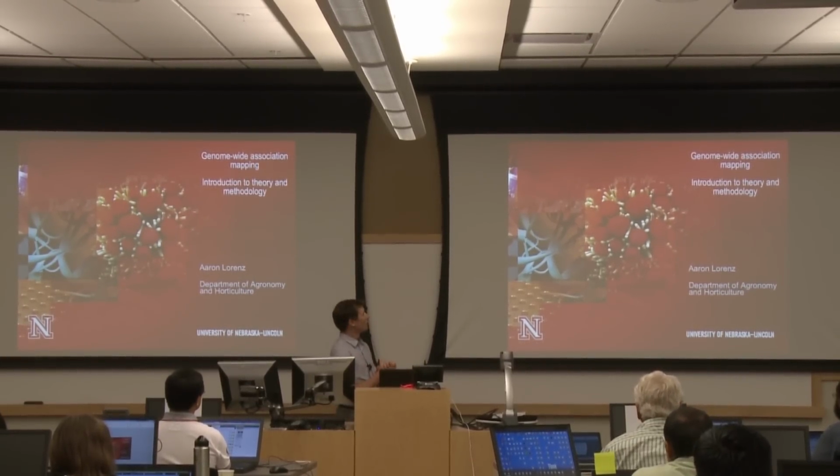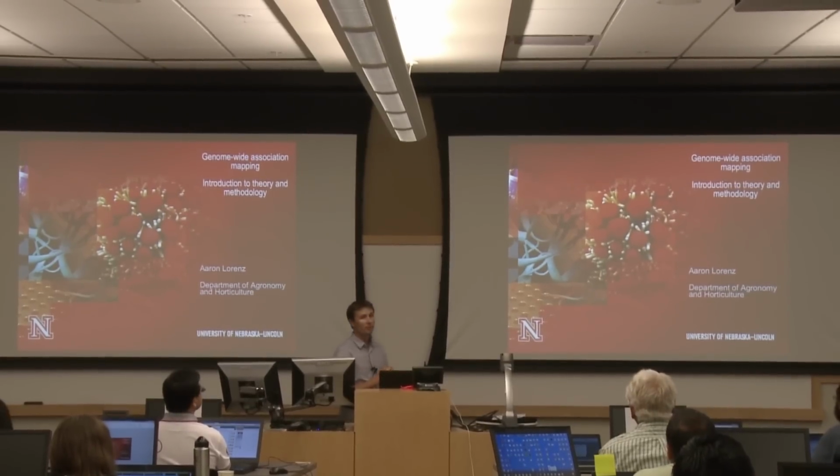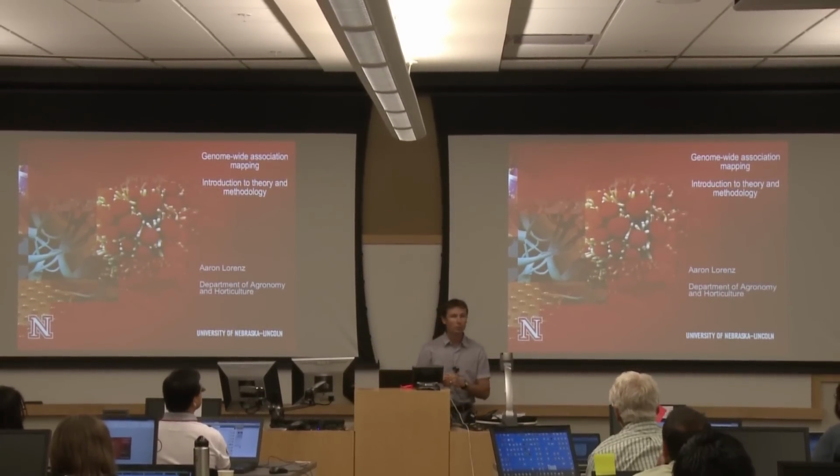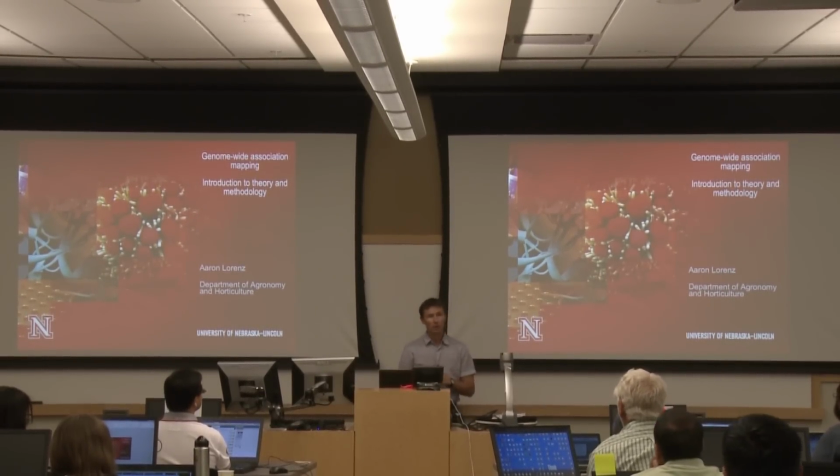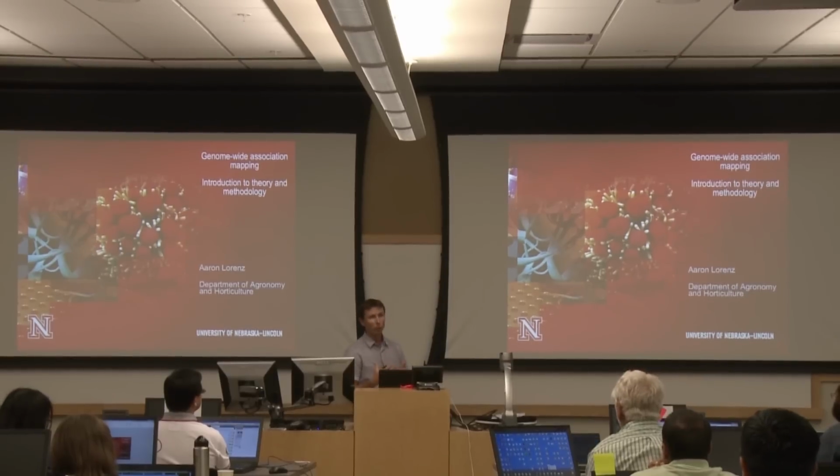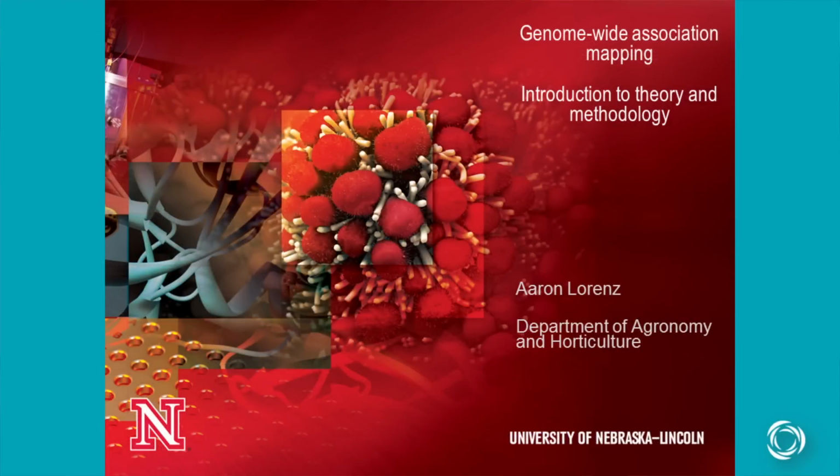I'm going to be talking about genome-wide association mapping in general, and then what I hope to do is to walk you through a real basic R script on performing a GWAS analysis. So we're going to kind of be doing it the old-fashioned way, but my goal is to help you understand how a script would run to do a genome-wide association analysis, so that, for one thing, you can maybe design a more sophisticated script to do